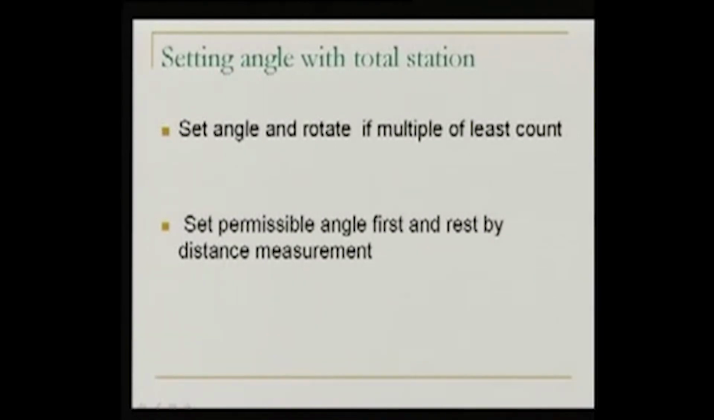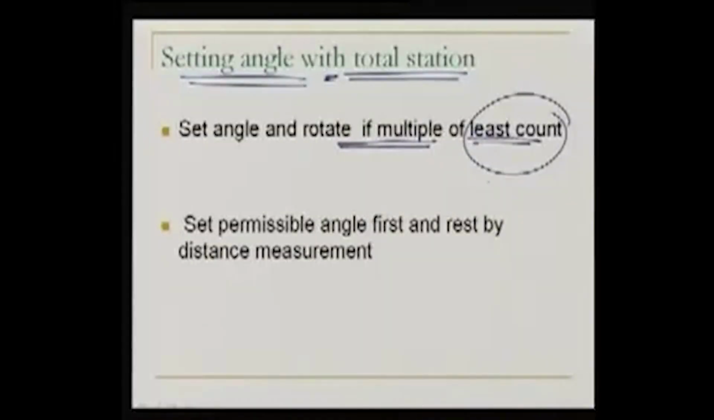Well, in case of the total station, what will happen? The total station does provide more facility of reading and setting out the angles automatically. So if the angle is a multiple of the least count, we can set the angle in the total station, and the total station will automatically take that much rotation. So we can set out the angles that way in the case of the total station. However, here also, the precision of the angle is not, or rather the angle is not a multiple